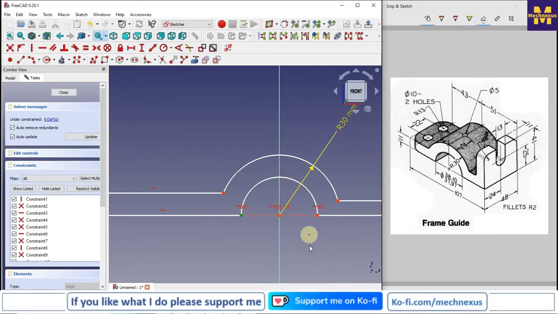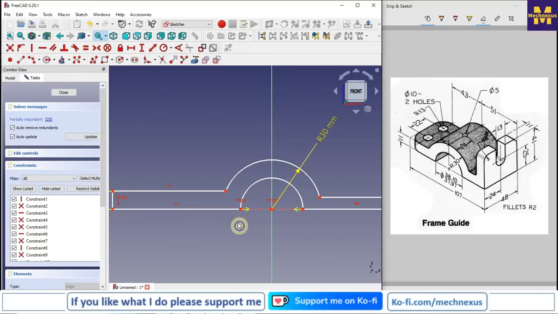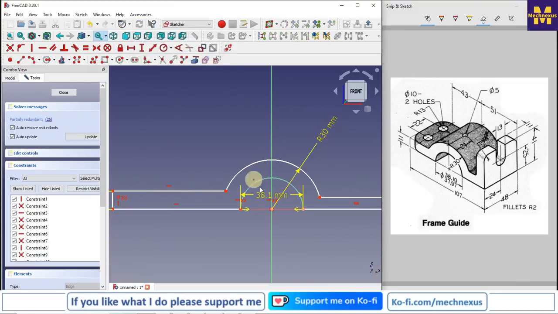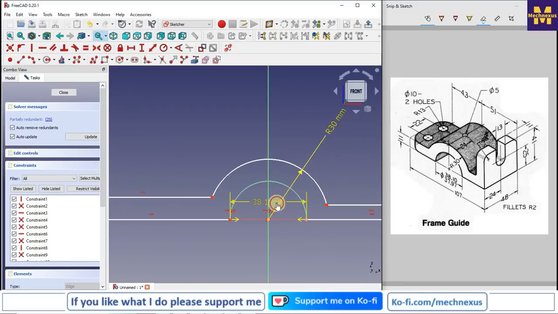Now I will make this point symmetric, and then I will give it maximum dimension 38.1, so 38.1, so the radius will come 19.05. Yeah,